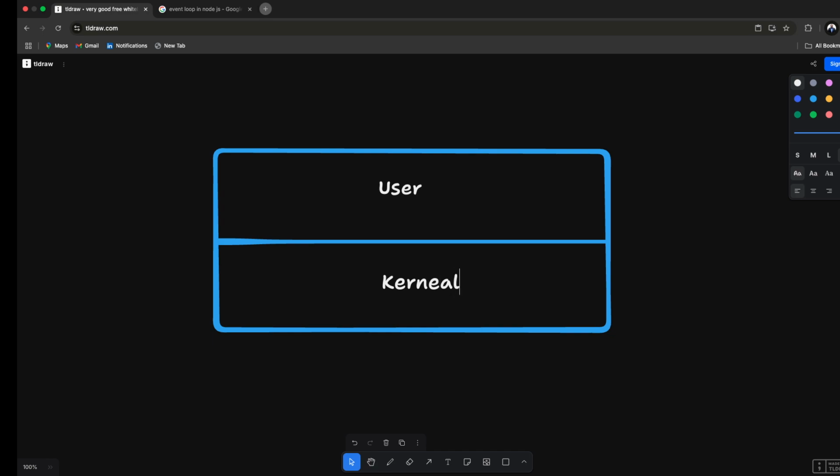So you don't want the user to access the kernel directly. For that, you have something called system calls. So you don't access the kernel directly. Instead, what you will do is,